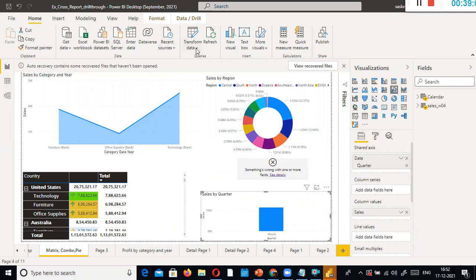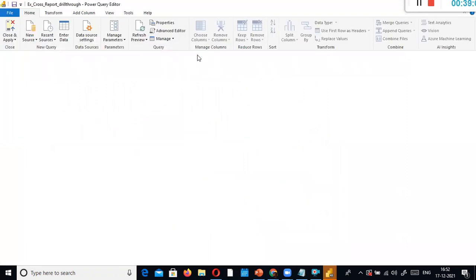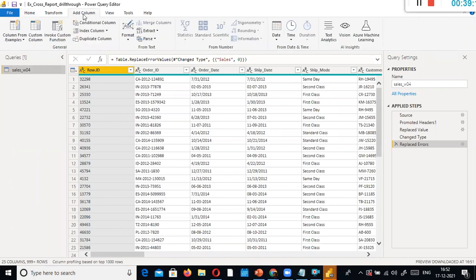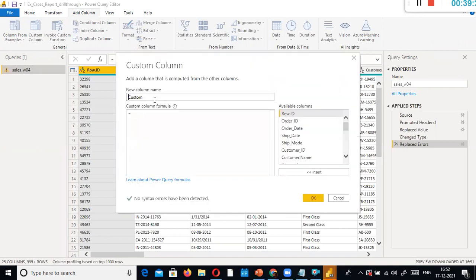Now this is what I want to show you. Actually, I came here to show you how to create a custom column and how to create a custom function. Look here, I just go to custom column. I want to create a new column in addition to the existing columns. How do I do that? Let's say I'm going to name it revenue column.